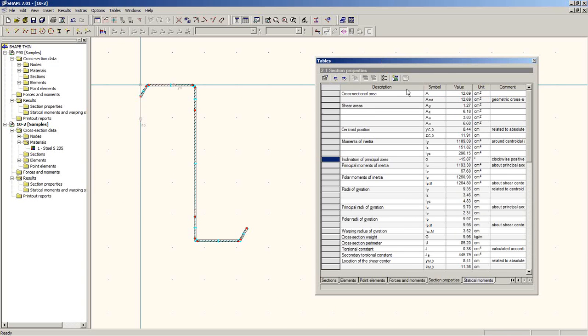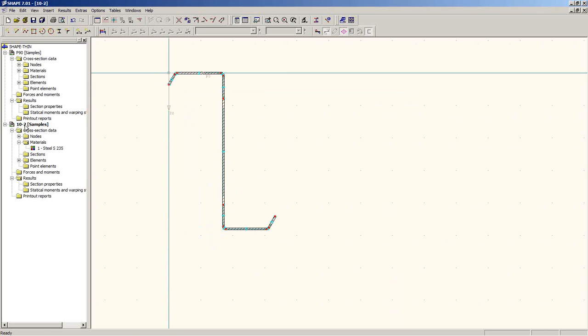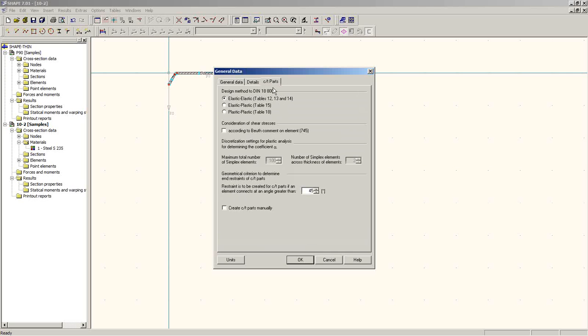You have the option to take a look at the width-thickness ratios only if you use a certain setting. I go to general data, and then you can check here, check limiting c to t values according to DIN. And if you go to the c to t parts, then you can also check the rule, elastic, elastic, plastic, plastic, plastic. If I do this, or just leave it here,